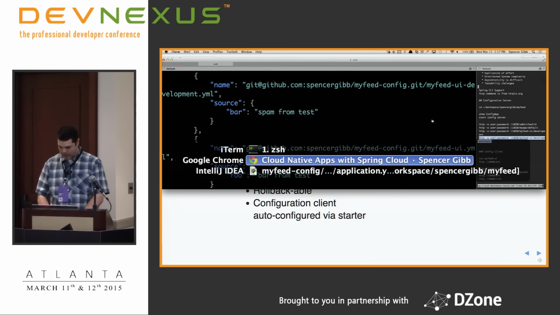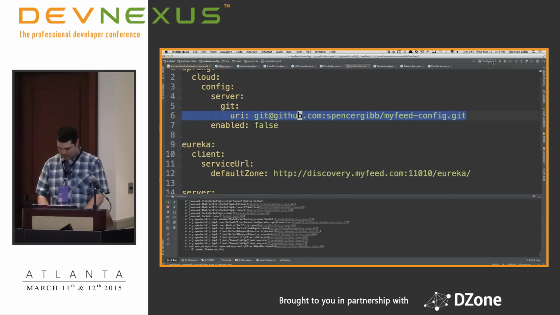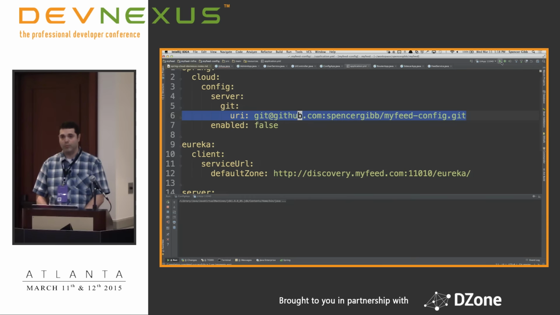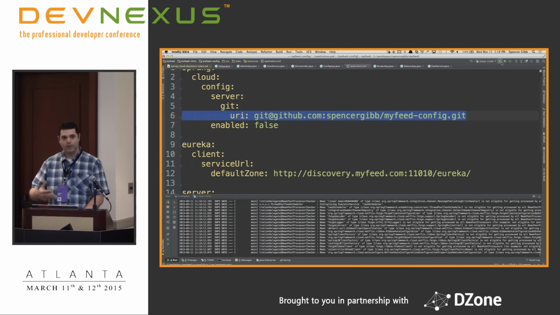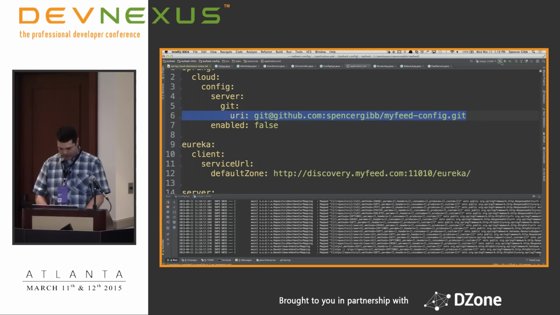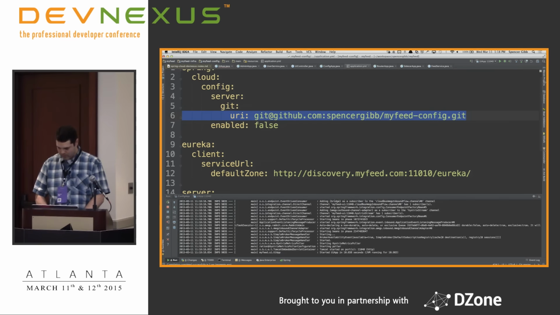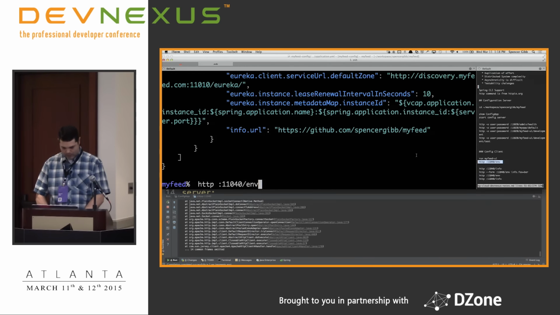So now let's see an app connect. I'm going to run this UI app, and then we're going to look at its environment. One of the actuator endpoints that comes with Spring Boot is environment, and you can see all the properties that are available to an application. We'll show you that this app connected to the config server and got those properties.